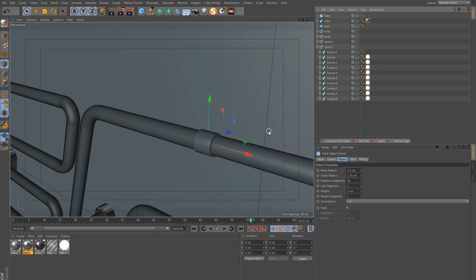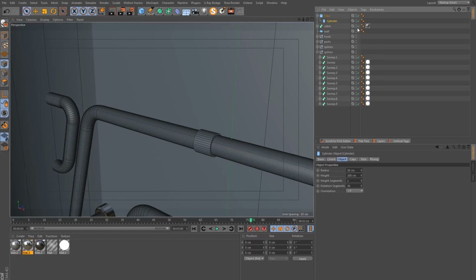So with the tube selected, I will get a cylinder. Let me press Shift this time so that the cylinder is a child of this tube automatically. And if I go to modeling mode, I can zero out the position.